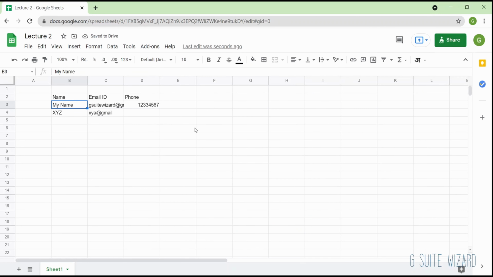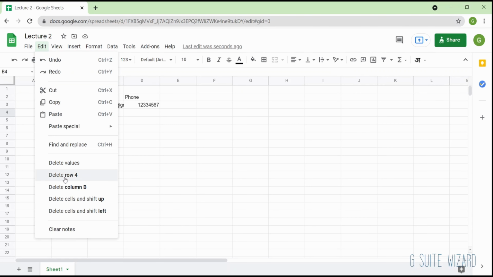And there is also a quicker way to find, just find, not replace. If you click on Control F, there's a pop-up that comes on your right-hand side. Then you can just find whatever you're searching by clicking here. This is way quicker if you just want to find it. As you can see, when I clicked on XYZ, this got highlighted. That means it found that element over here.